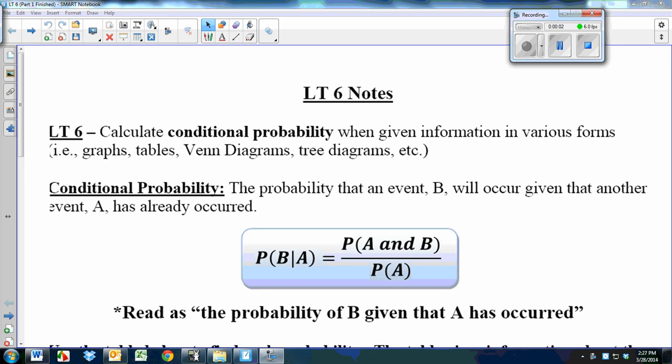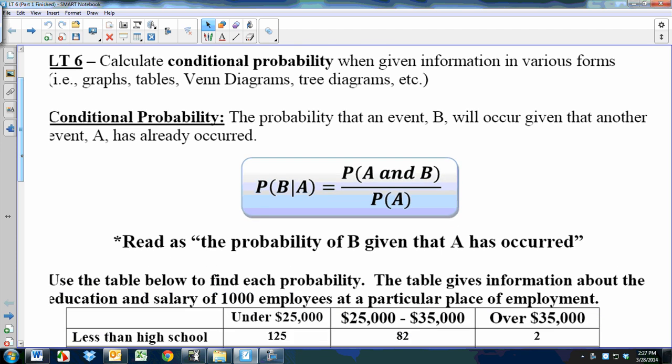All right, in this video, we're going to introduce conditional probability, learning target 6. In the previous probabilities, we've been counting our sample space and using the entire sample space for every probability, but when you put a condition on the sample space, it limits the sample space. So we'll talk a little bit more about that as we get further along, but the conditional probability is read